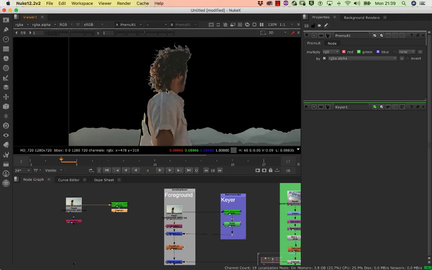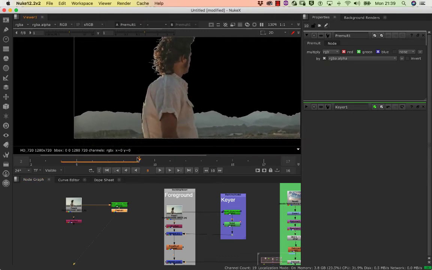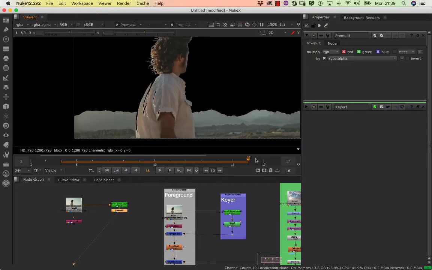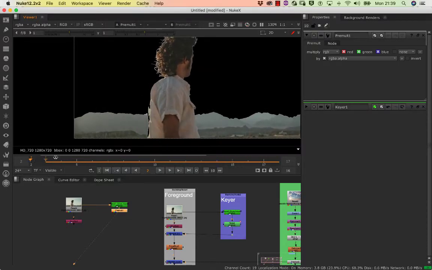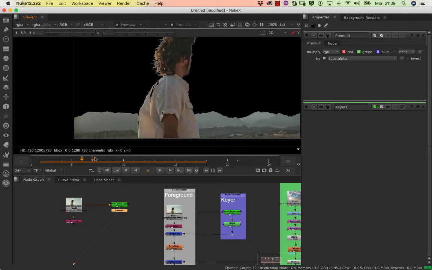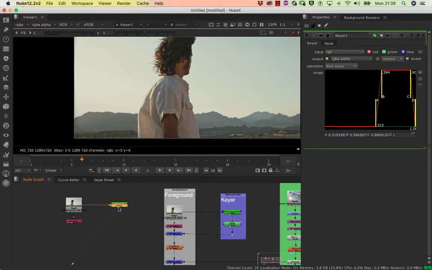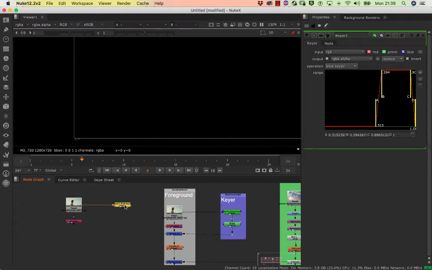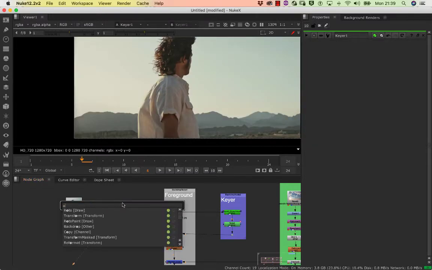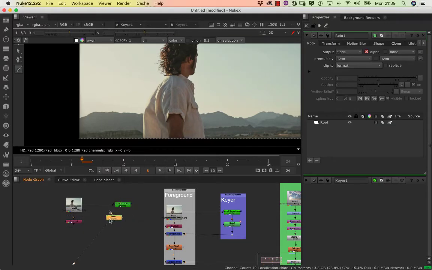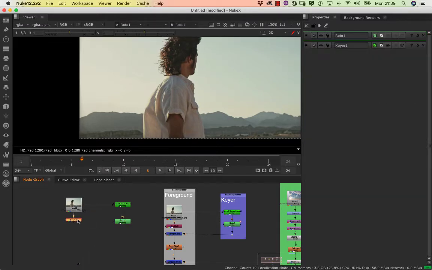And watch here. All this black, we need to retain it. We need to bring it back. To start with, I'm not going to use a merge node. I'm going to simply create a roto first. So let me create a roto node. Roto pane, okay, and just bring that in, double click there. And what I'm going to do is merge this node. So if I just have a merge node,